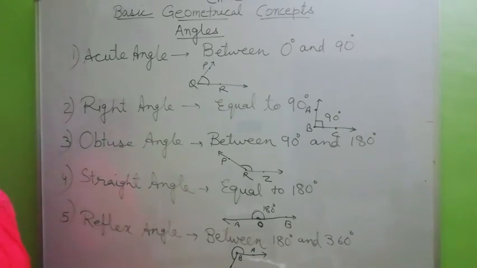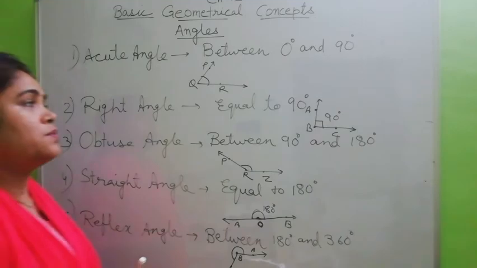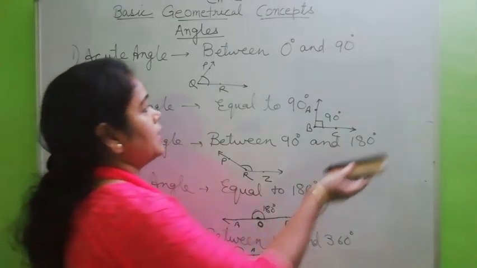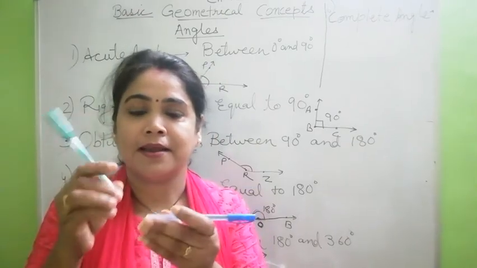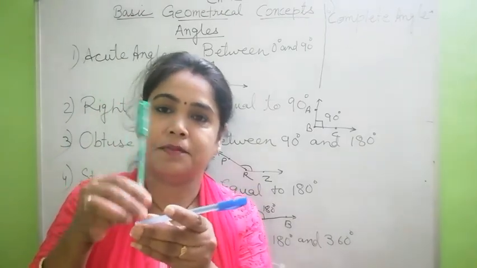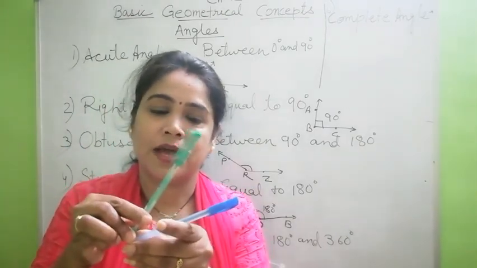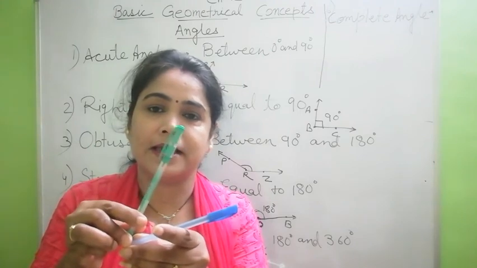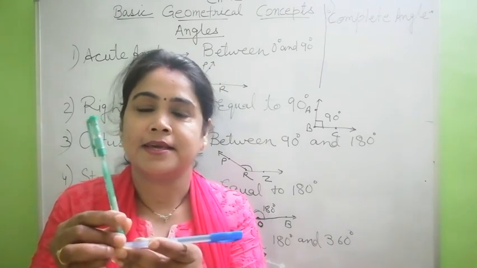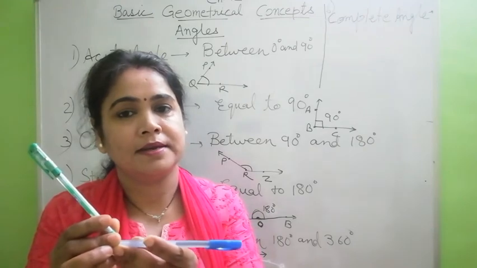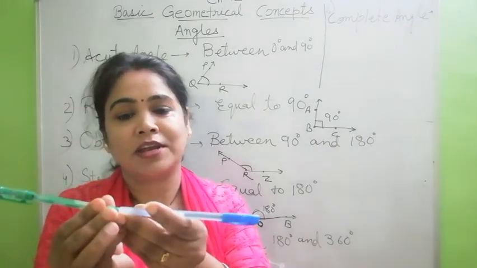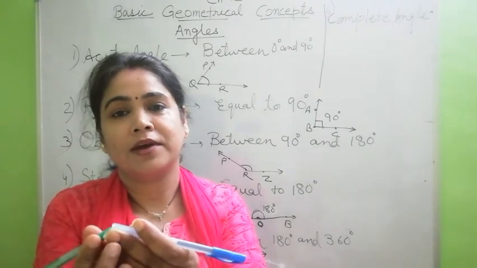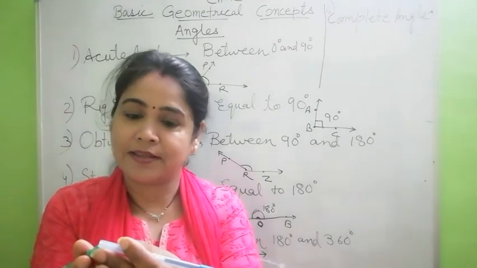Next is complete angle, that is also called an angle of value 360 degree. Here suppose two rays are there. Okay, I told you in the beginning that for acute the angle between, it is moving like this, so the angle between this will be less than 90. This is 90, this is more than 90. More than 90 is obtuse. Equal to 180 straight angle. More than 180 reflex angle.